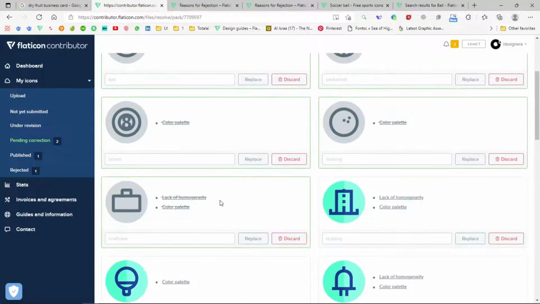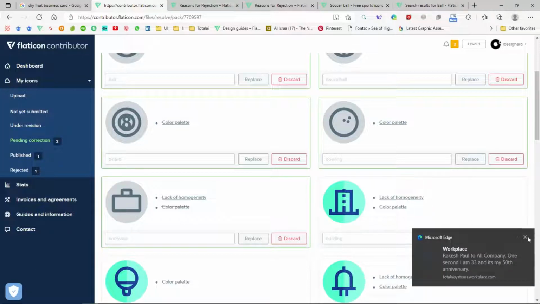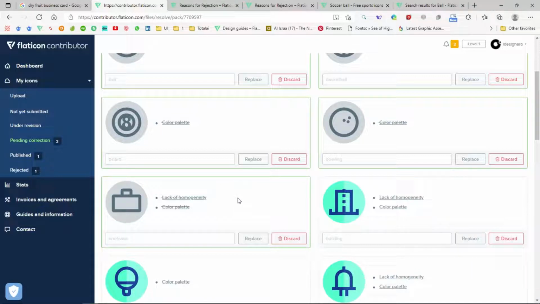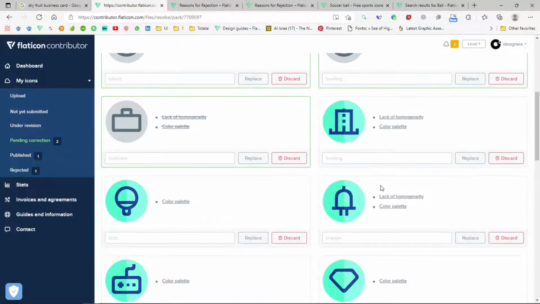So I am fixing this in my icons in this video. Let's see if this will help you all to upload your icons with no errors and within their guidelines. Okay, so when I click on the color palette,